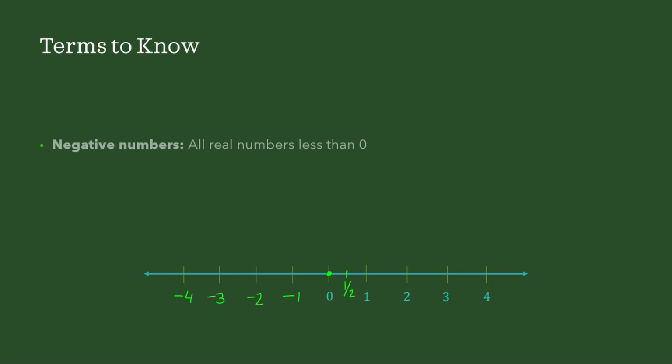So that's the basics of what negative numbers are. And negative numbers are all real numbers less than 0. So the smaller the number is without the dash, the larger it is when there's a dash added to it. So if this is 1/2, then -1/2 is going to be right here. It's a mirror image. So let's move on to the next slide.